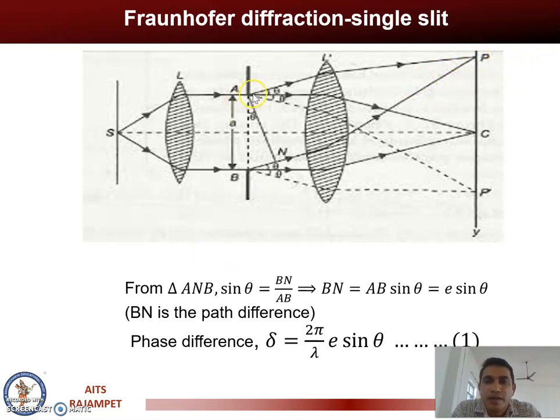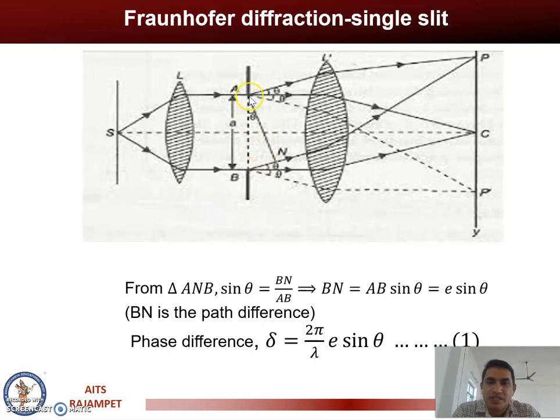And here from this figure, AB is the width of the slit, that is e. A wave front diffracted with angle theta reaches point P, and another wave front diffracted with the same angle theta also reaches P, but these two rays have some path difference, that is delta. We have to find the path difference delta, which means the ray BP travels an additional distance, also called the path difference delta. We have to find that one.